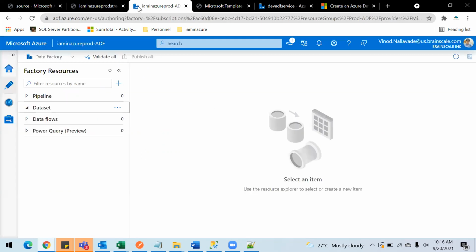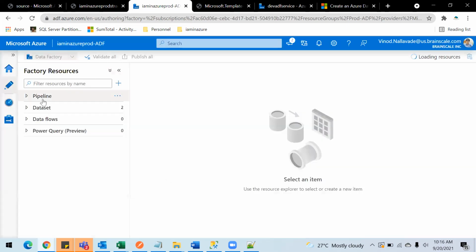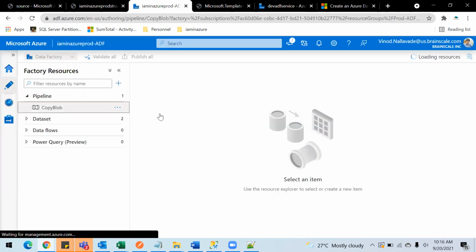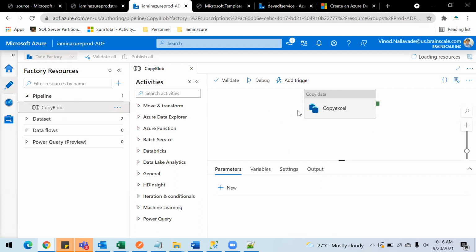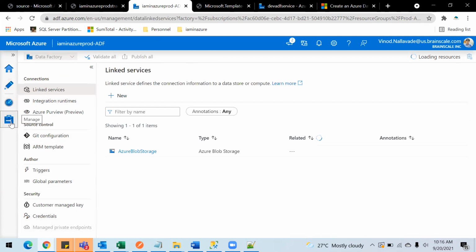Now if we come to this ADF production pipeline, you just need to refresh this. And you should be able to see the pipelines here. The pipeline which is imported here is copy Excel, and you have these two datasets, source DS and destination DS, and you will see the linked service inside the manage tab.